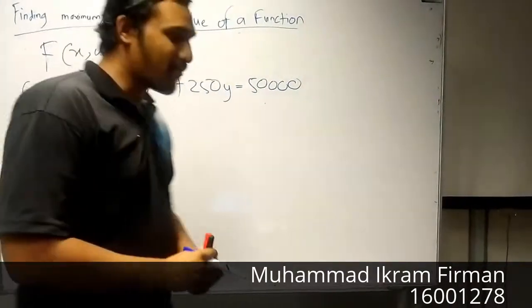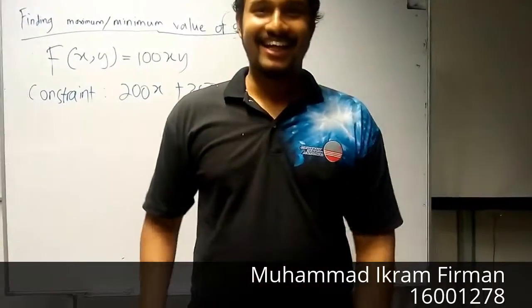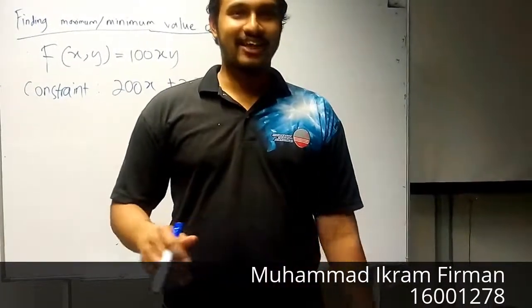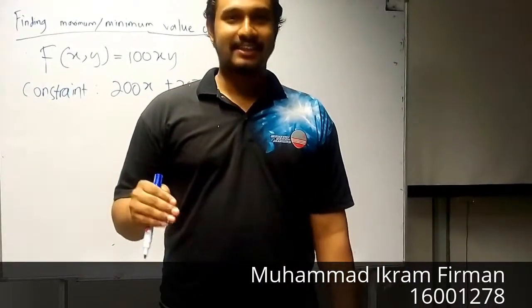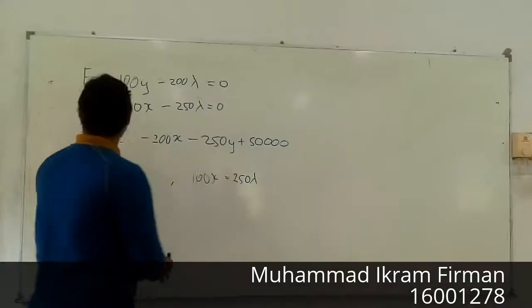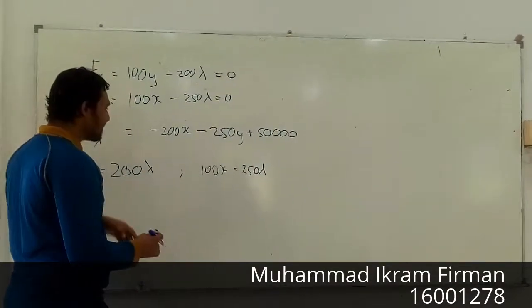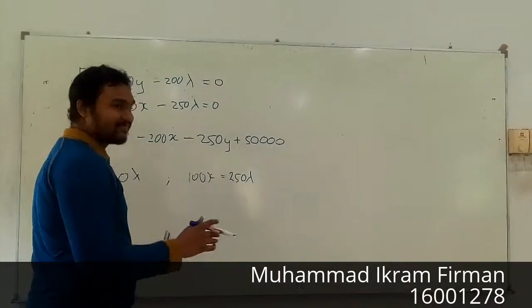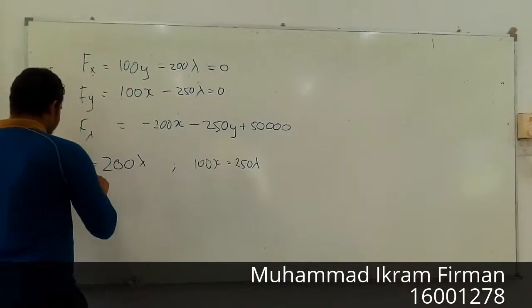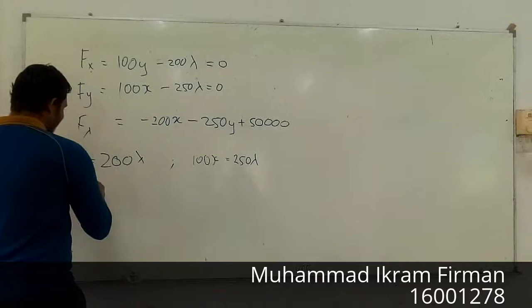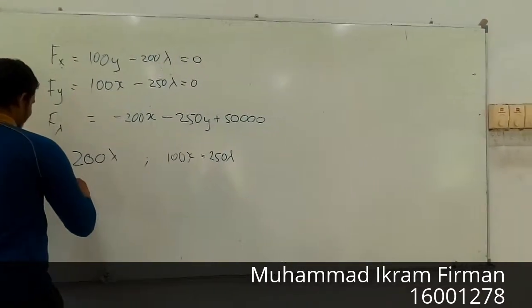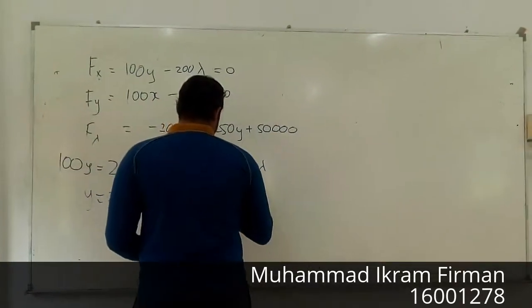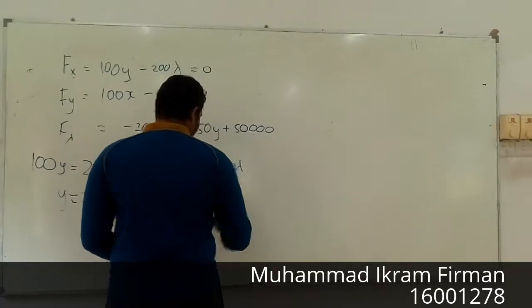First we form the equation as given by the Lagrange multiplier formula, where the gradient vector of f(x,y) is equal to a parameter lambda times the gradient vector of the constraint g. From the partial derivatives with respect to x, y and lambda, we can solve for x and y in terms of lambda. So y will be equal to 2 lambda and x will be equal to 2.5 lambda.